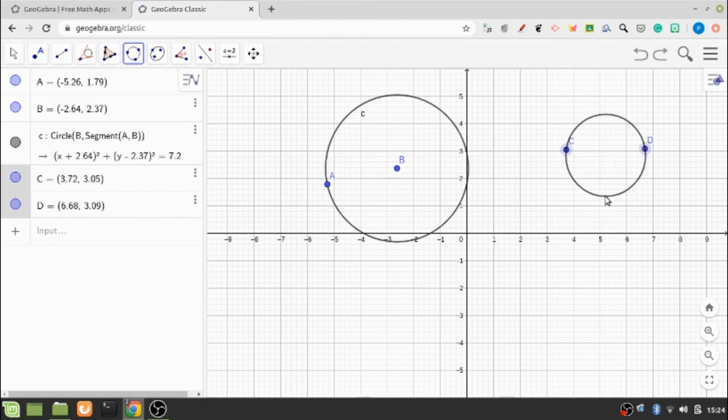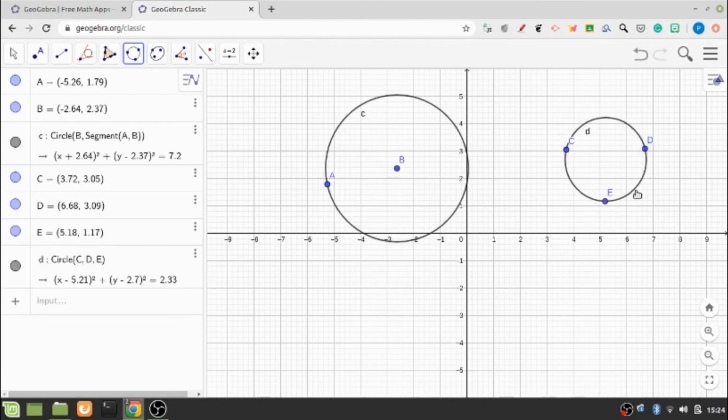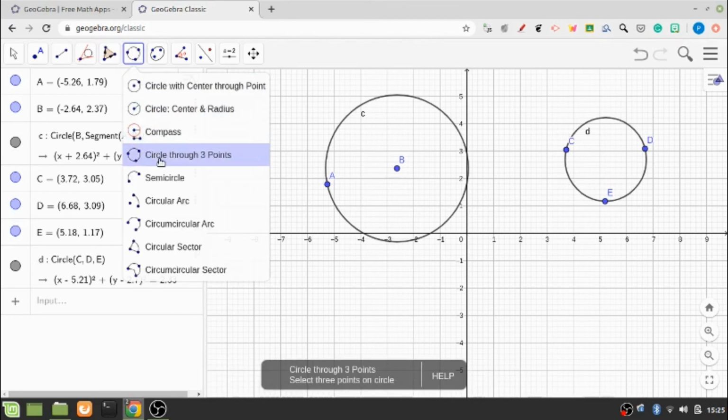It is already there, so whenever I click on a particular point, this circle has been fixed now, and it has been named as circle D. Okay, and about this window, I have already mentioned that whatever we do on this graphic window, graphic area, it is displayed on this particular algebraic window, algebraic view.